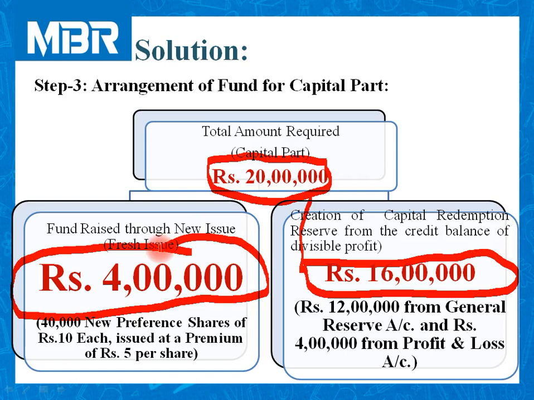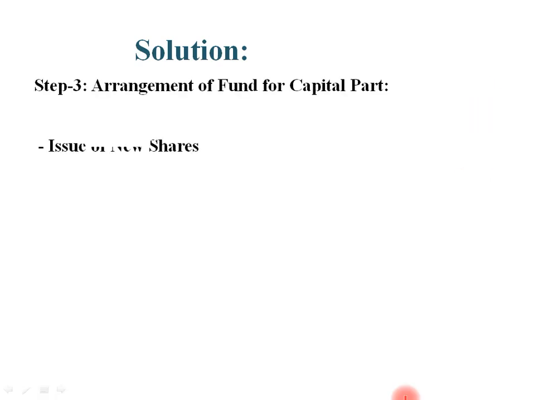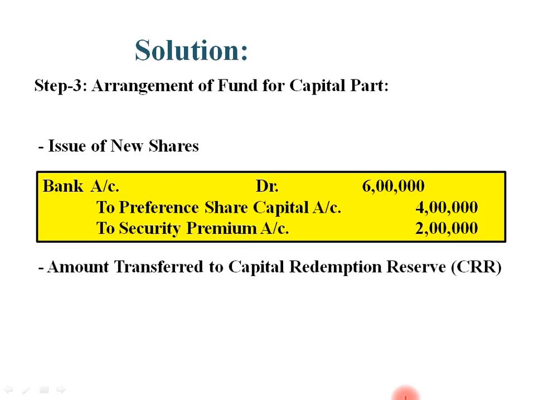So as compared to all previous questions, it's a different idea of calculation. In previous questions, we completed the calculation of new issue first and the balancing amount was financed through CRR. Here we have completed calculation of CRR first and then completed calculation of new issue. So nothing is new, the chart remains the same, the pattern of calculation remains the same, only the order of calculation is going to change. Now pass journal entry for this transaction.